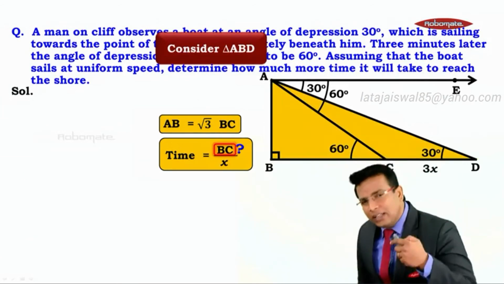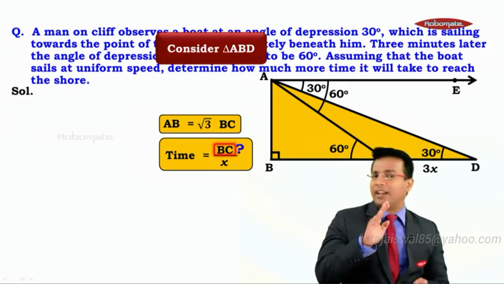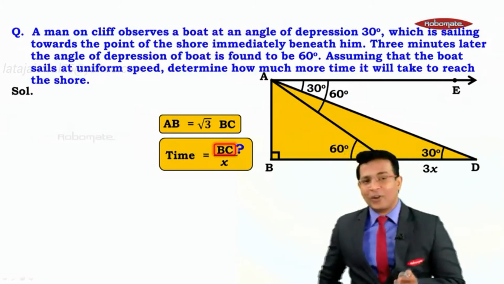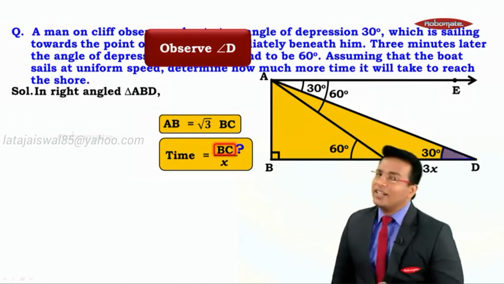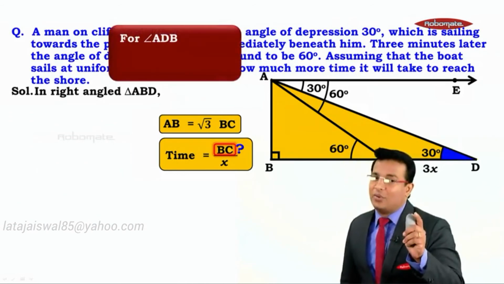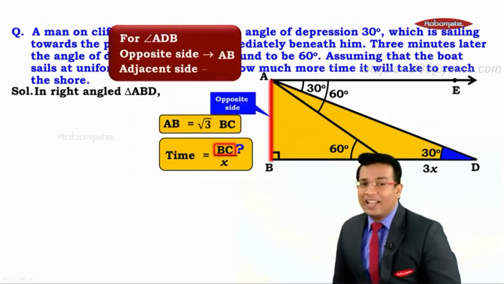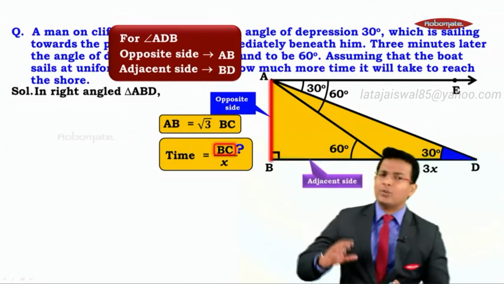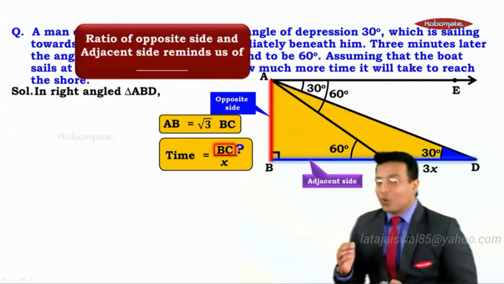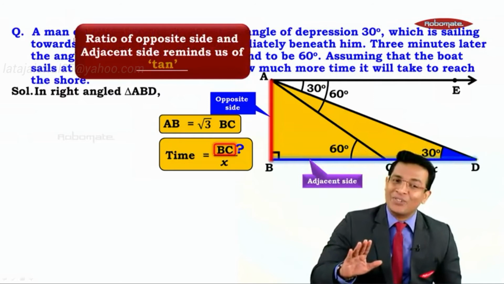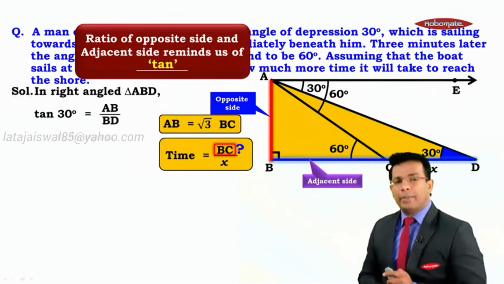Now we consider the other right angle triangle, because that common side, that is AB, is again a part of that right angle triangle ABD. Let's focus on that now. So in this right angle triangle, we have an acute angle, that is angle D, which is 30 degrees. So observe, for that acute angle, the common side, that is AB, is the opposite side, and BD is nothing but the adjacent side. So again we are talking about a ratio which involves opposite side and adjacent side. So you know which ratio? Yes, it is tan. So we use tan of 30. Tan of 30 is equal to AB upon BD.